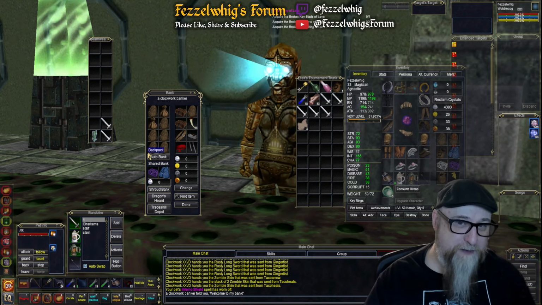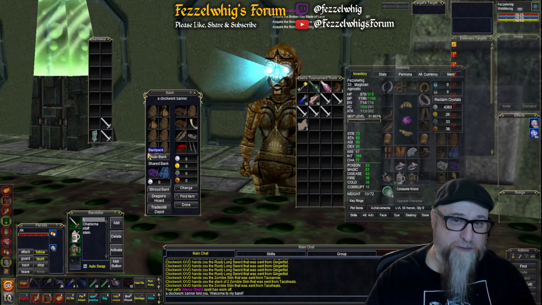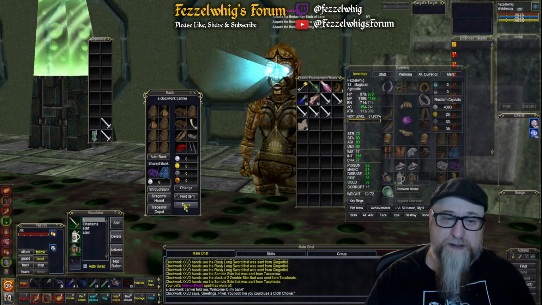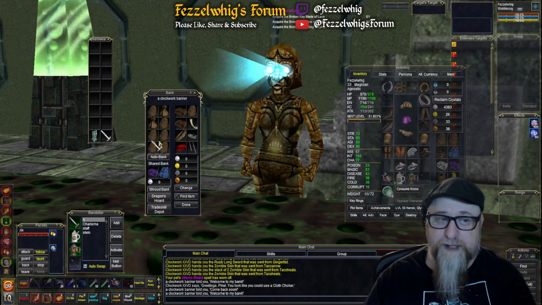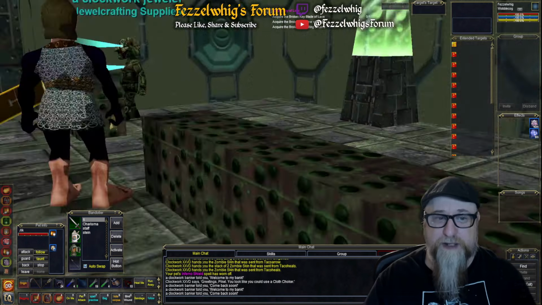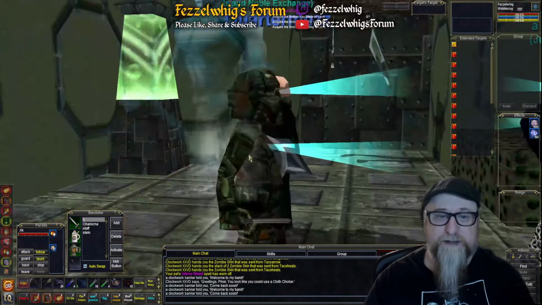So I have Fezzelwhig, and let's say I have Bob, my halfling rogue, and he's on the same account. So I can put it in the shared bank, close it, log out, log in Bob, and then I can open the shared bank, and it will be there. Okay, so that is one way to send things to other characters. But if it's on a different account, if it's a friend, something like that, you're going to...